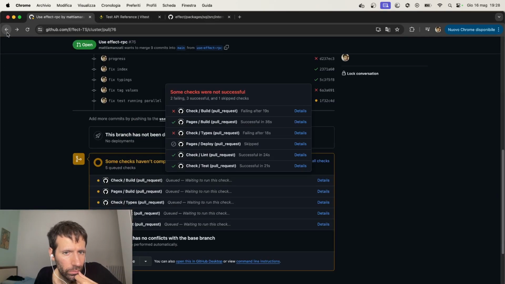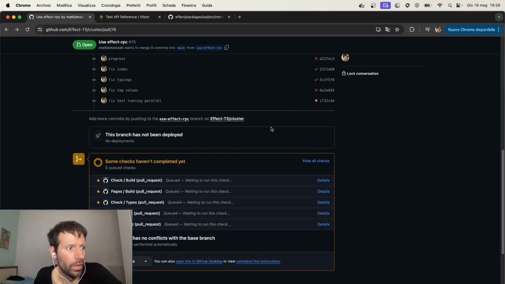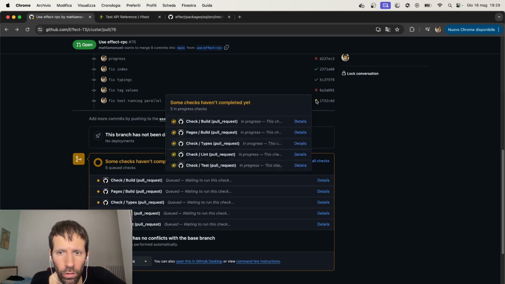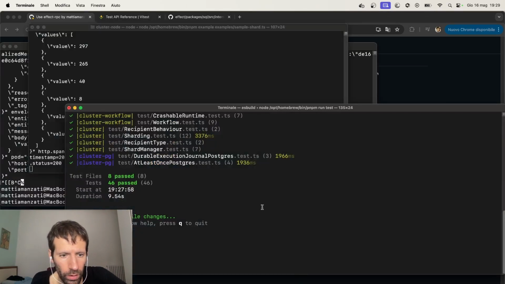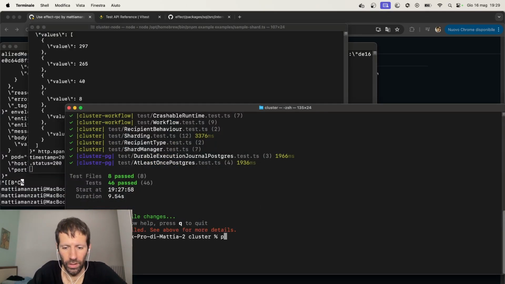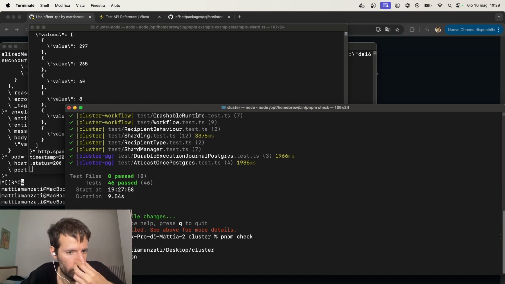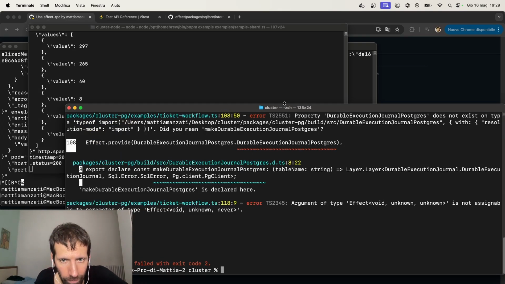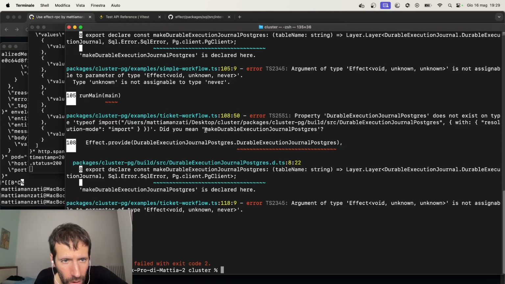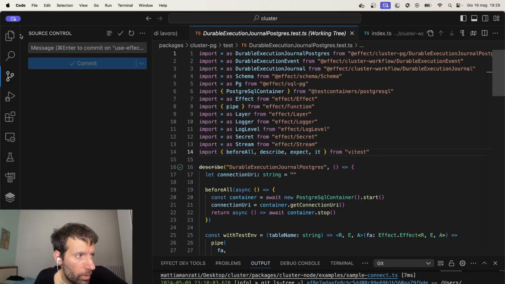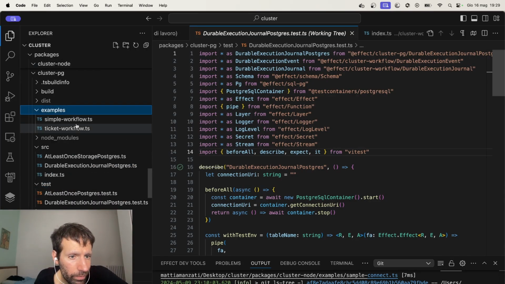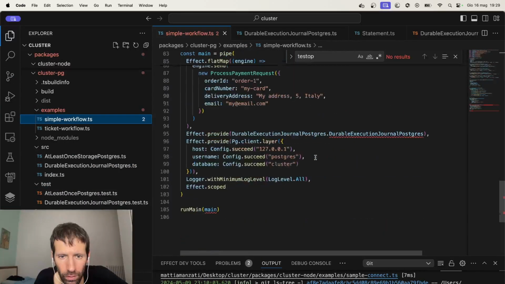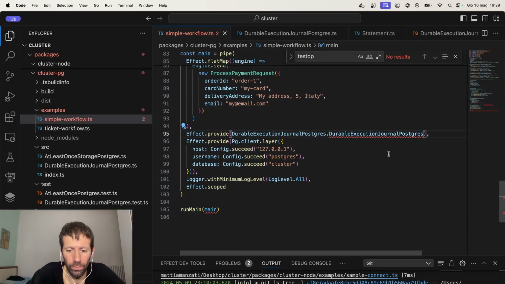Let's see if the build succeeds or if it breaks. Maybe we can also quit and say pnpm check and see. Yeah, we have some issues to fix. Oh, the examples, right? Yeah, the examples as well now need to be updated. Yeah, here, here. Make variable execution to Postgres,